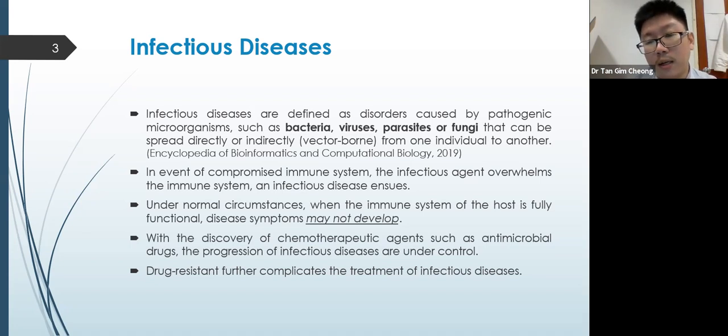Another thing that I would like to highlight here is that a lot of times infectious pathogens might not lead to a disease state. However, in individuals that are immune compromised, for example, the AIDS patients, their immune system is compromised, the babies, their immune system is not well developed, the elderly, their immune systems are weak. Those individuals can get infected easily. That's why later on we will cover another topic briefly on herd immunity. And I think all of us are talking about that nowadays. Even the government every day in the news is talking about herd immunity. So we will also look into how these immune weakened individuals can be protected through